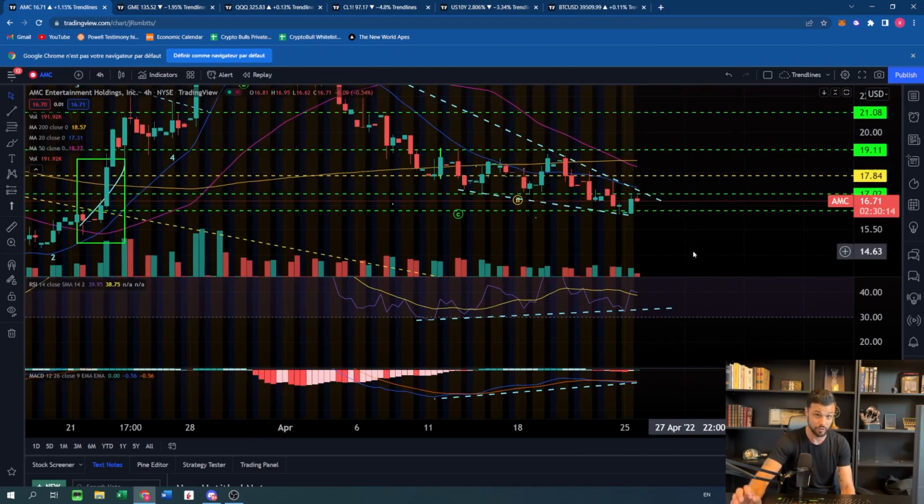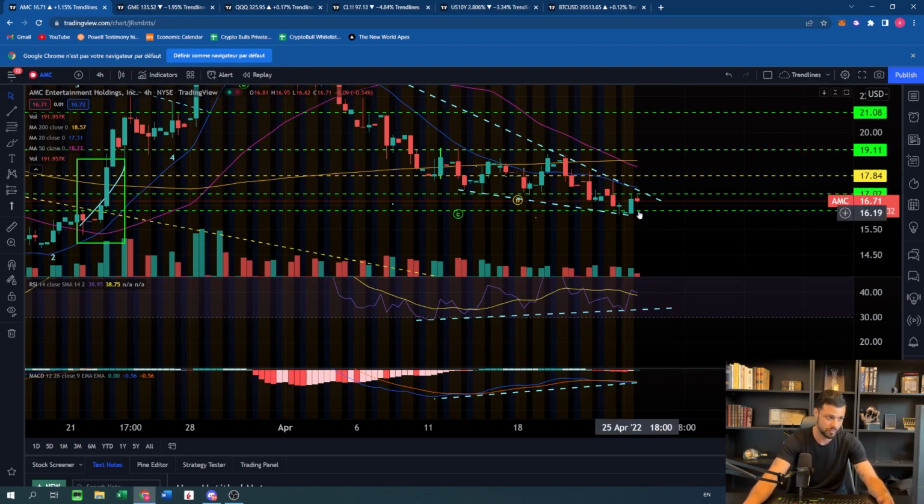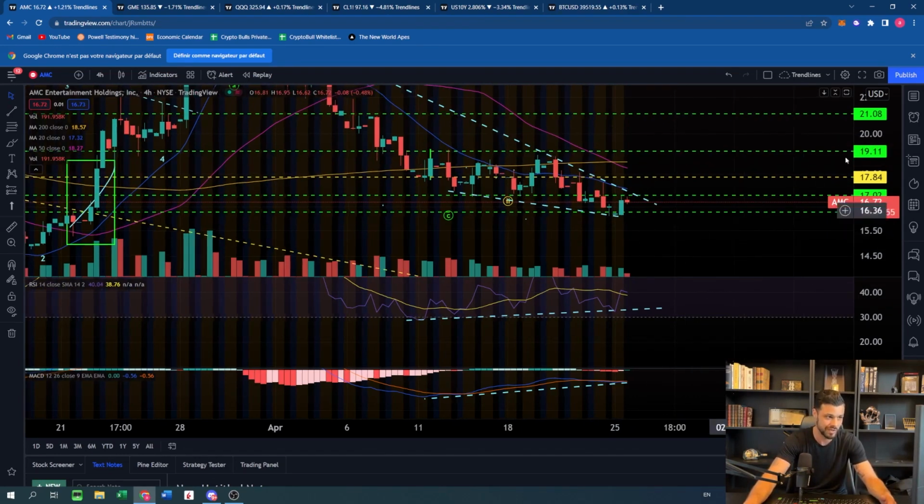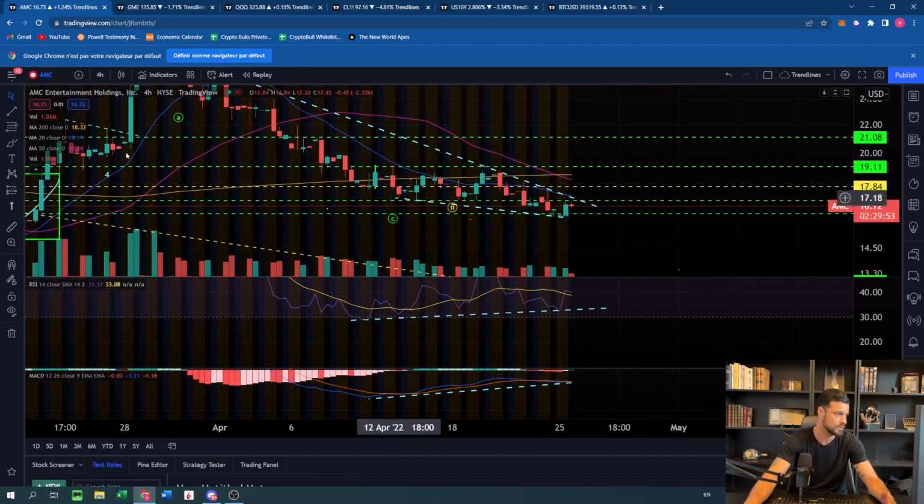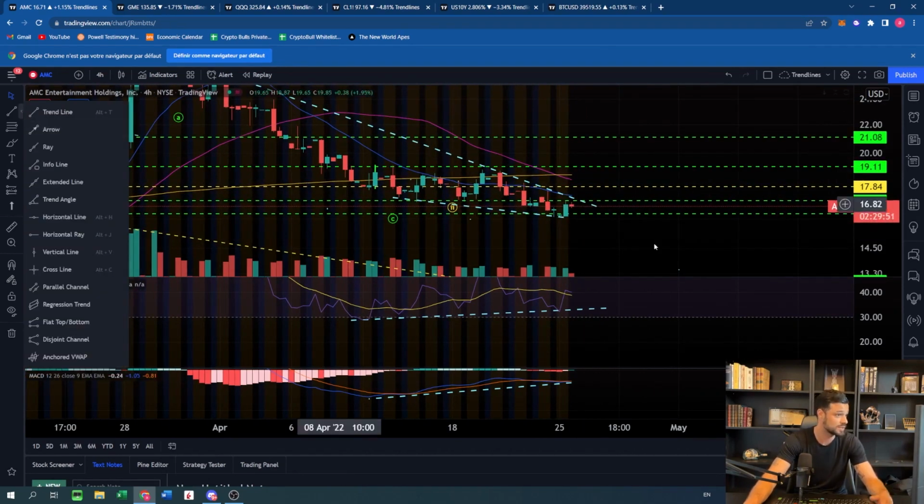And I'm gonna know if it's good or not, of course, without guarantee, but I'm gonna have more information about if this trend line was used by bears or not whenever we're gonna go through it. Because I'm gonna check the volume. If we go through it without volume, it means that there were not a lot of bears gathered here, and it's gonna give us another weak signal that is likely to be sold, to be attacked. So for now, this is what we are looking for.